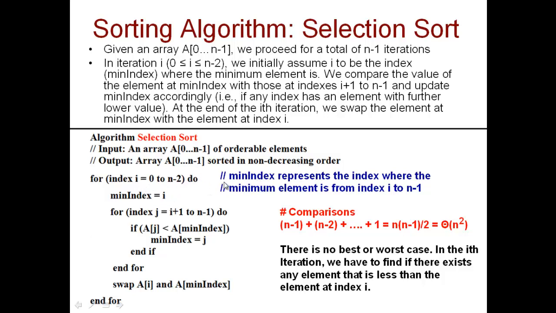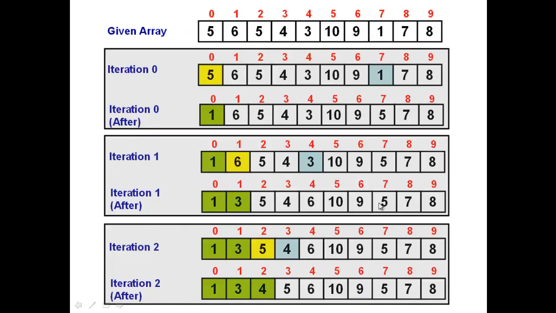Now I'm going to use a temporary variable called MinIndex, and it will represent the index where the minimum element is from index I to n minus 1. So you start with index I being 0, and for that iteration MinIndex is initially set to I itself, which is 0, and will eventually take up the value where the minimum element is from index I to n minus 1. So that means, like in this code,